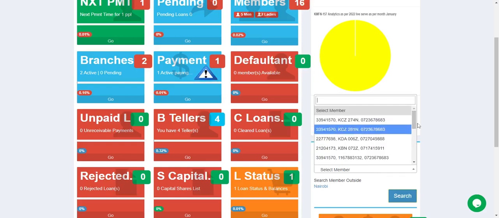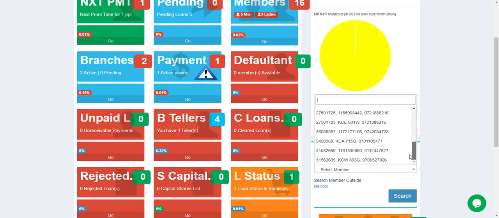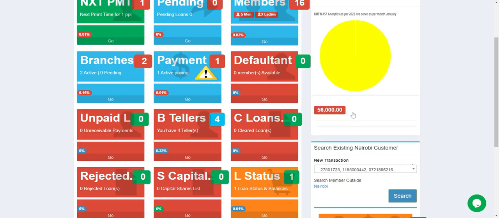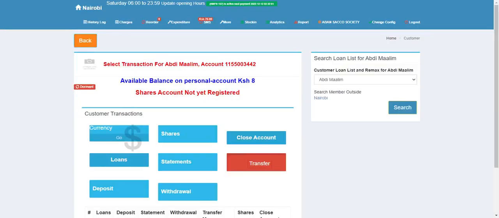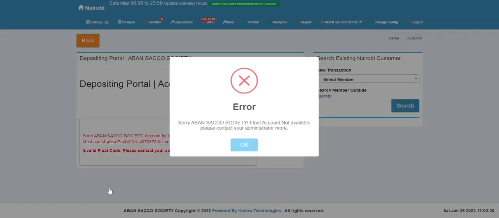Even if we take a sample with only 1 client here, example, let us take this client. We click OK. This account is dormant, but deposit cannot take place